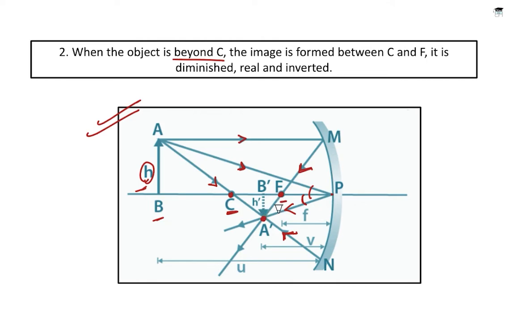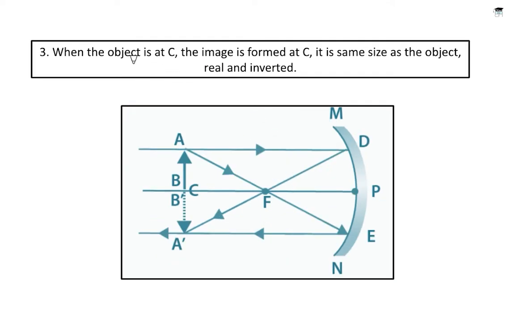Next is when the object is at C. This case you are going to do by yourself. I think we have done enough practice that you can try one case by yourself. I am just going to tell you how it is done if you are not able to do it, but first you should pause the video and try to do it by yourself. If you are not able to do it, then you can start the video and watch how it is done. So the object is this, A B.